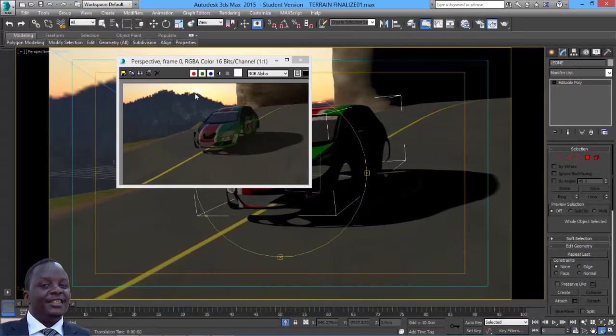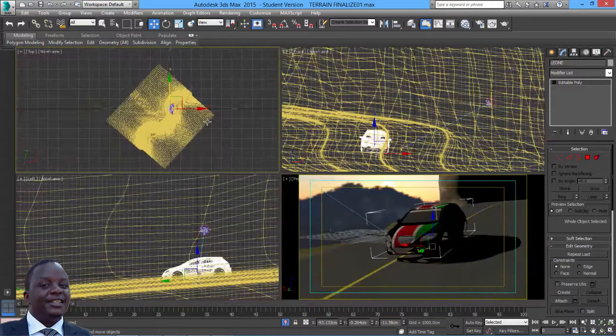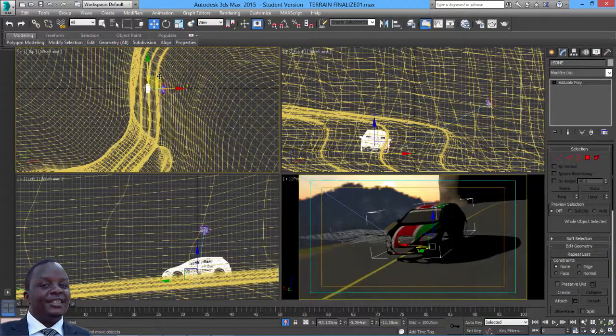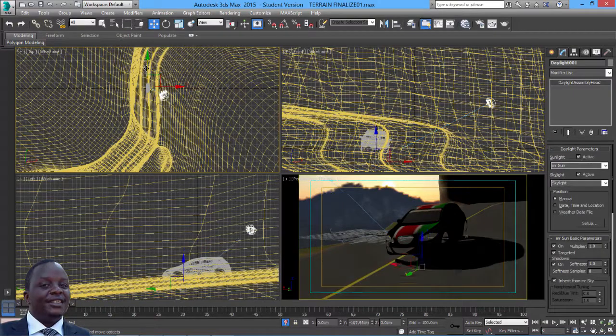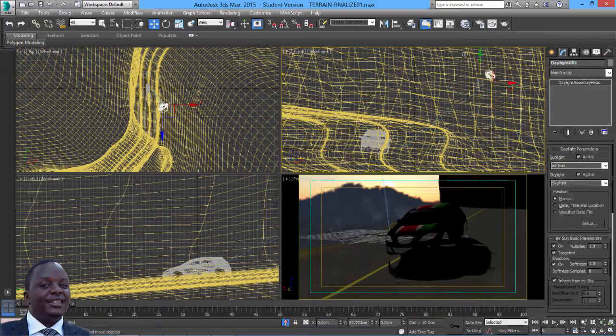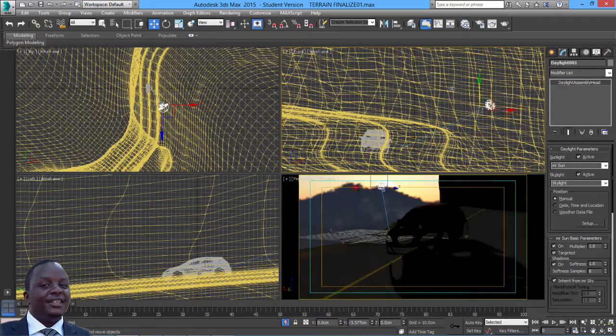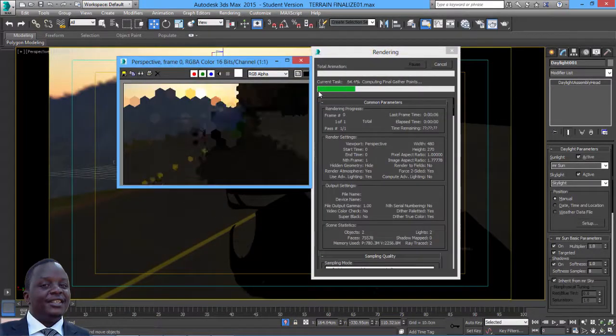The sun is right here, so I need to move that daylight system somewhere around, oopsie, not the car but the sun. Yeah, there we are. Move these somewhere around, I think there, and I could lift it up a bit, or maybe somewhere there, because that matches with what we have in the background, so totally matches. Then when I render these out just to see, yeah, it's working